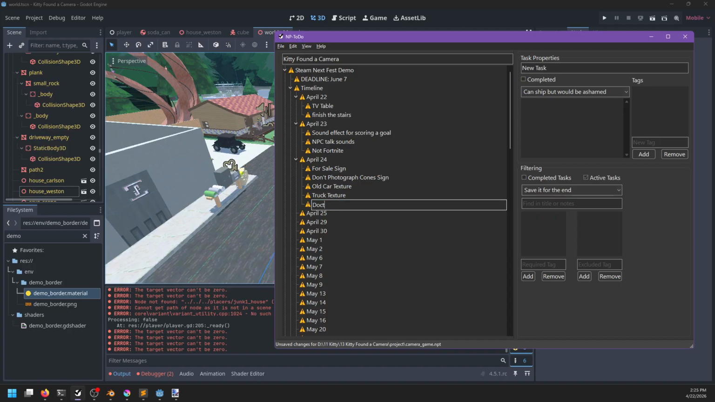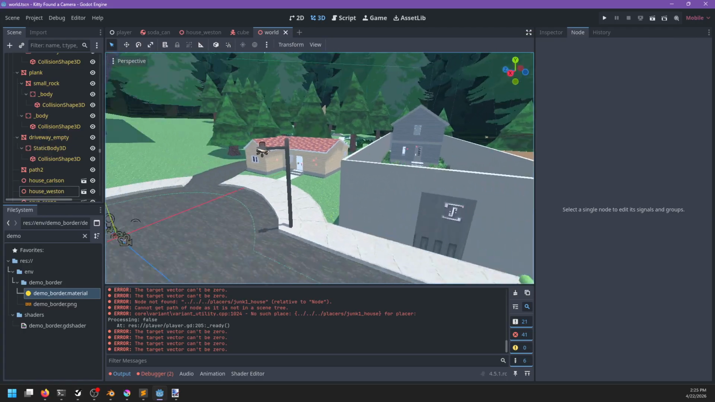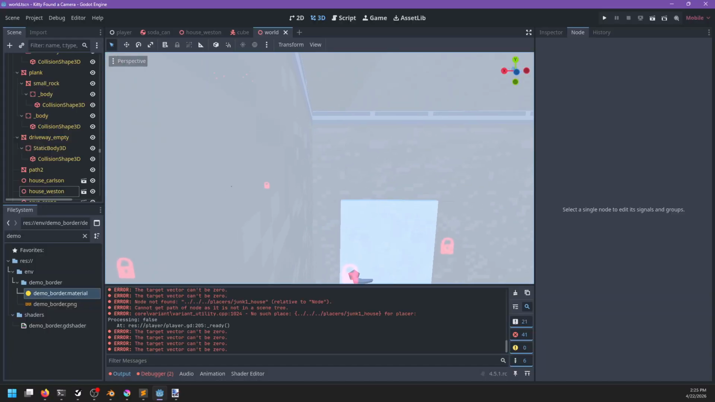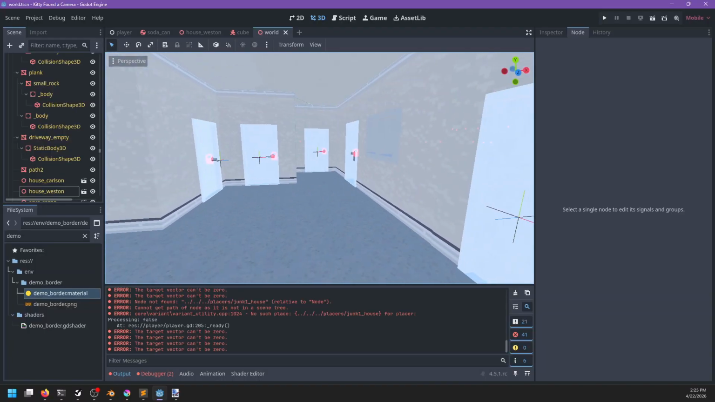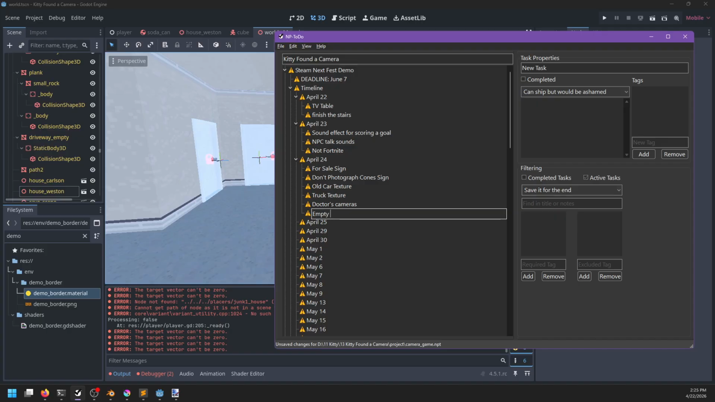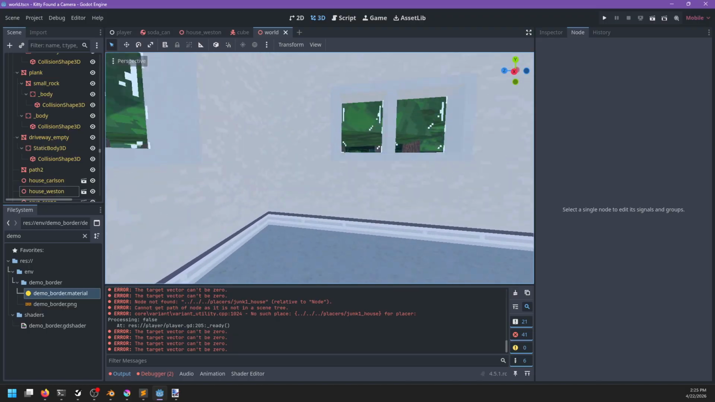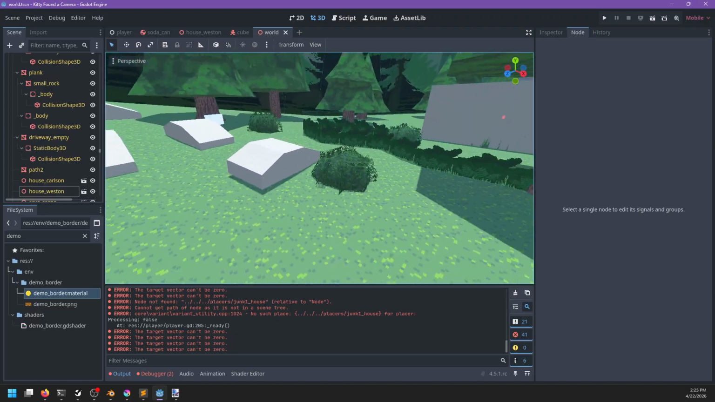doctors, cameras. Let's see, anything else that I think would be reasonable that day? I think the empty portraits, or empty house, blank portraits in. Oh yeah, empty house, internal walls, blank portraits. And then,